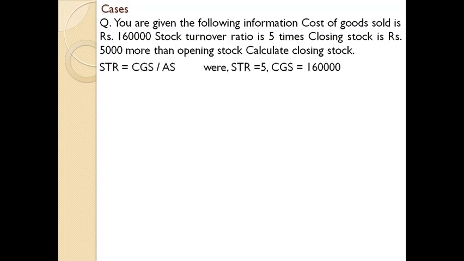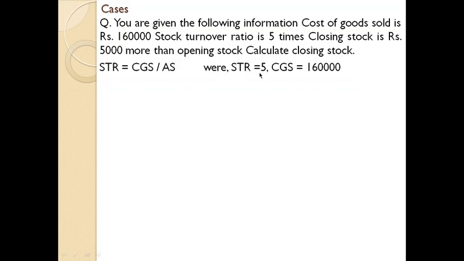We all know that stock turnover ratio is cost of goods sold by average stock. Why did we go for stock turnover ratio? Because in the question it is given the cost of goods sold amount, the stock turnover ratio of 5 times, and closing stock is something greater than something. In the previous sessions I have told you that whenever you come across a question like this, you need to start from some amount related item. Since here there is no information regarding other items, let's start with stock turnover ratio, and it also includes cost of goods sold and so on.